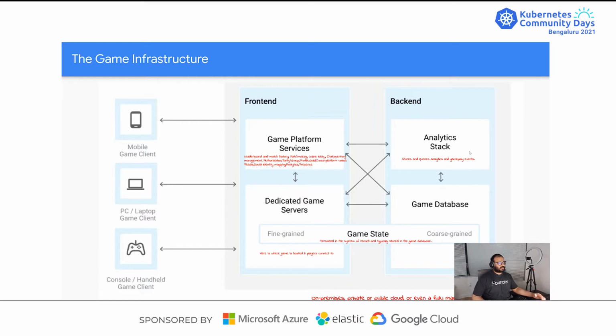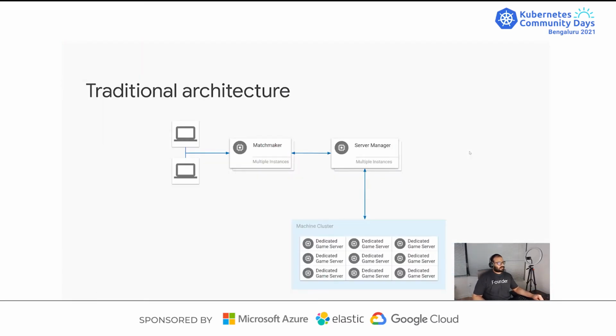Let's go one level deeper and understand the basic workflow of a game server. This is the traditional architecture. Two players want to play a game. First of all, a user sends a request, and this is where two players want to be matched for a game. That's when a process called the matchmaker comes into the picture. This process matches two game clients for a game based on rules which you can customize. I'll talk about that more later.